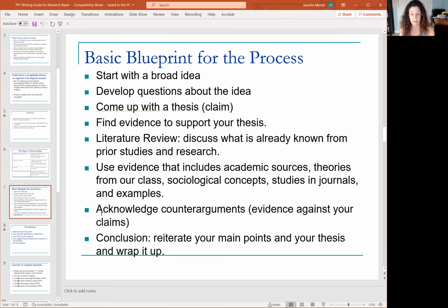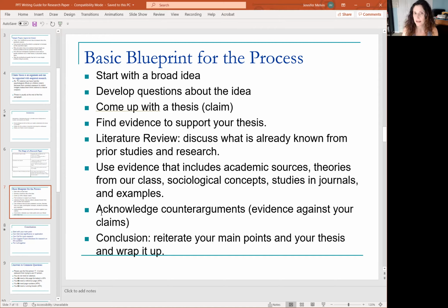So if you pick a topic that you cannot make a counter argument against, then you need to go back and revisit your topic. So acknowledging the counter arguments is basically just saying, this is what other literature has found, in contrast to this, and these studies that I've found,